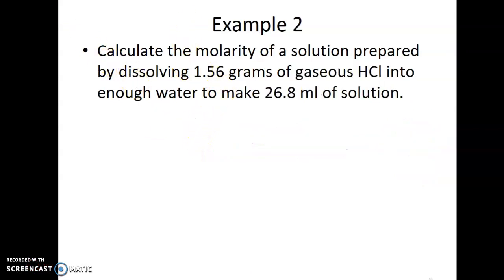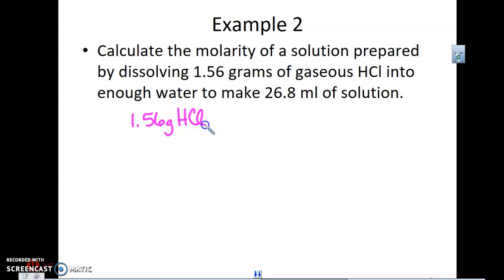All right, so again, if we have 1.56 grams of hydrochloric, well, it's not an acid until you dissolve it, but hydrogen chloride, I'm going to again convert that to moles, and chlorine is 35.45, hydrogen is 1. So a mole of HCl is 36.45. And so all I'm going to do here is take 1.56, divide by 36.45, and I'll get moles,